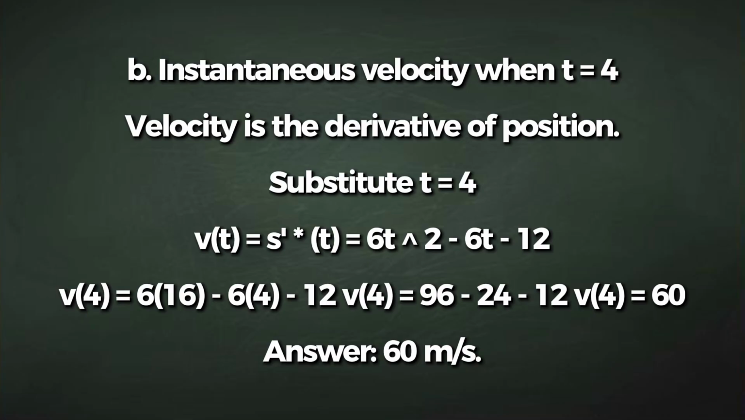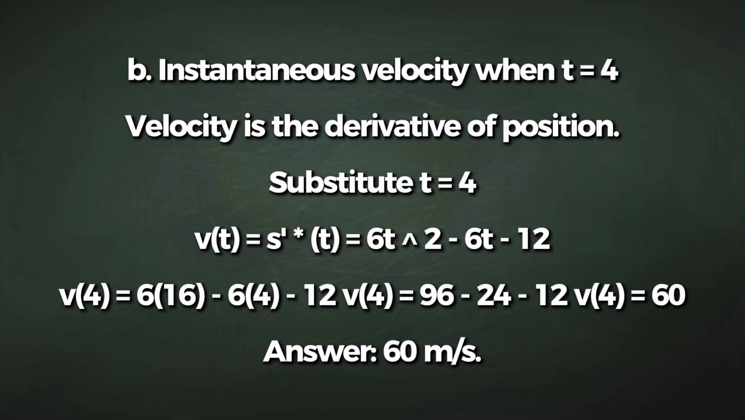For example, on our first term here, 2t cubed, the derivative of this term is 6t squared. How? Multiply 3, which is the exponent, to the constant value of 2 to get 6. Then subtract 3 by 1 to get 2. Do this on every term. We'll get velocity of t is equal to the derivative of s of t is equal to 6t squared minus 6t minus 12. Now, getting the instantaneous velocity, substitute the value of t, which is 4, to every t in